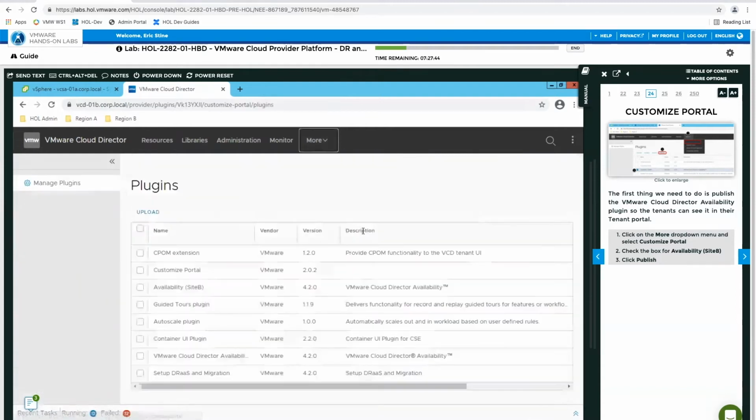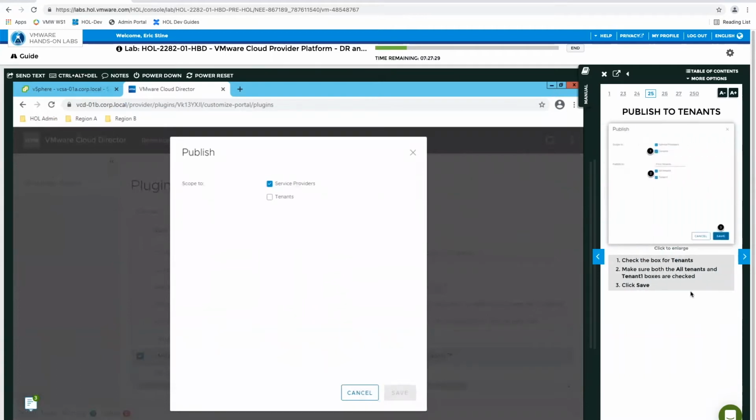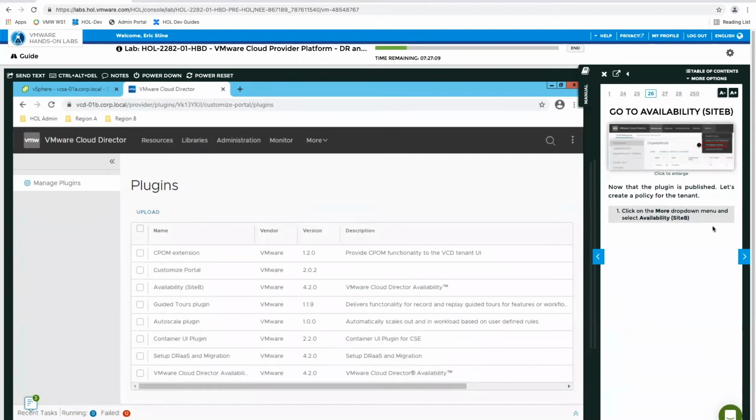And so we go to Customize Portal, and you see down here there's that setup, DR, and migration. Here's the VMware Cloud Director Availability. So let's click on it and let's go to publish. I'm jumping ahead here, sorry. So yeah, okay. So in here now we want to publish it for tenants. If I had multiple tenants, I could just do one or the other. In this case, I only have one tenant, so if I click tenant one or all tenants, it'd be the same. So let's click save, and now it's telling me to